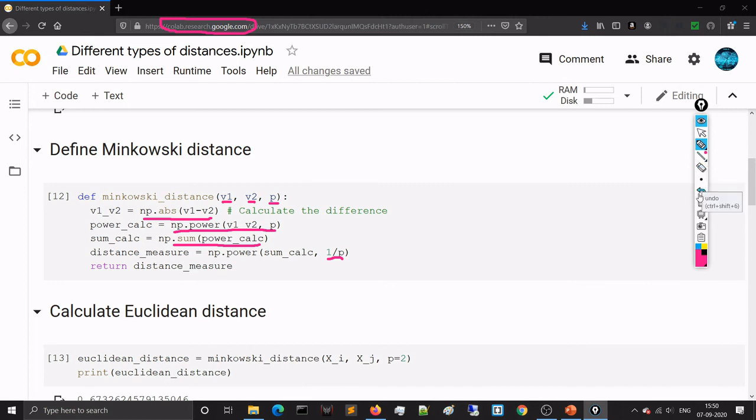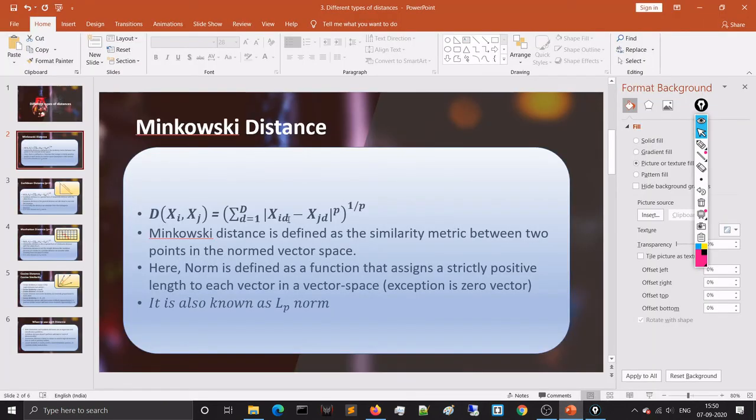If you didn't understand, let me show you the formula again. First I calculated the difference, then I took the absolute value. These two vertical lines calculate the absolute value. Then I raised it to the power of p, then took the summation over all the dimensions, and finally, to calculate the distance, raised it to the power 1 by p.